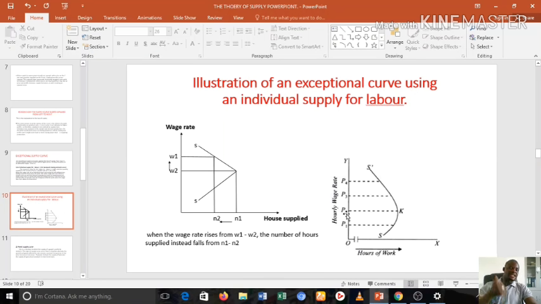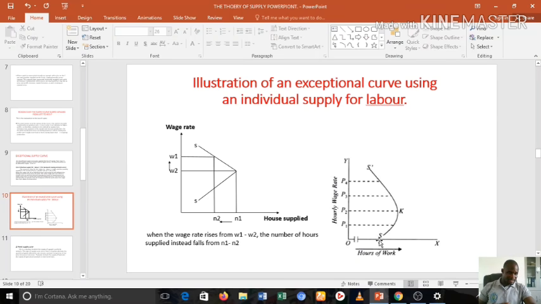But as the wage rate increases further from P2 to P3, instead of increasing the number of hours for work to be done, he drops it. It reduces. So you see that at this level P3, the number of hours has fallen relative to P2, where it was increasing. But now because the wage has increased beyond a certain level, it starts falling. When it increases to P4, it falls again. It goes lower. So at the level of P4, as the wage increases beyond a certain level, his number of hours for work has dropped.